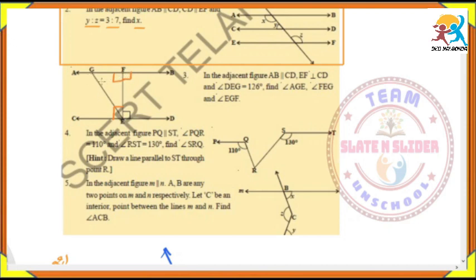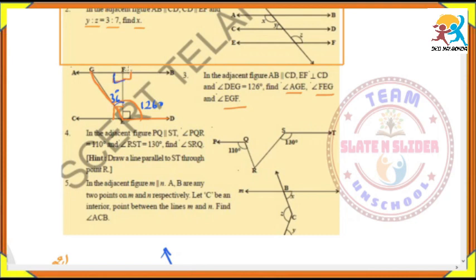And here we have angle FGE and angle GEF. So we have to find out these three angles. But angle DEG is given, that is 126 degrees. So we will write angle DEG, D, E, and this is G. This total angle is 126 degrees. Already it is 90, so definitely it will be 36 degrees.